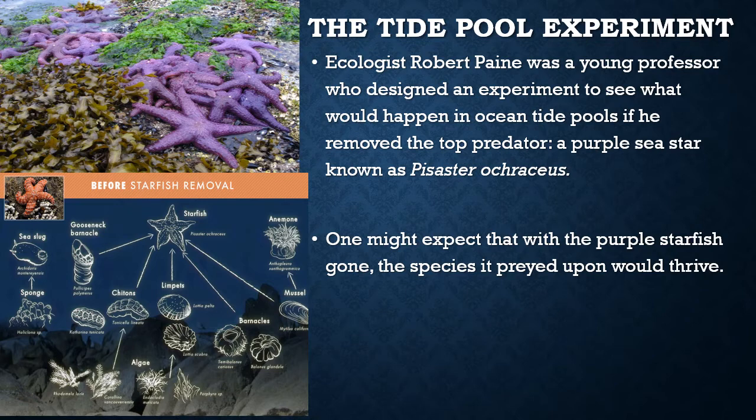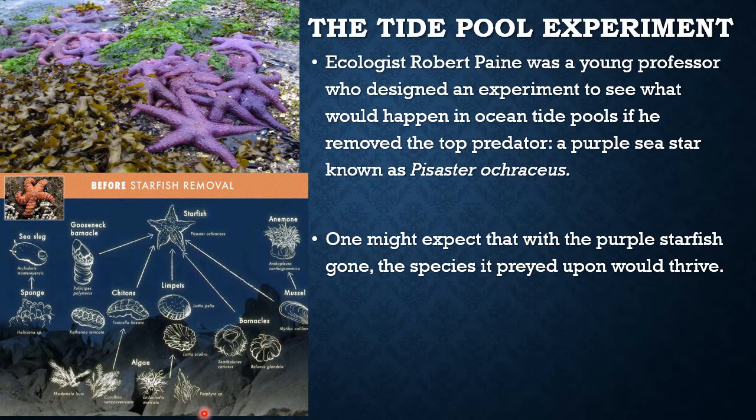So one might expect that, well, if you remove the top predator, then all the other prey species that it directly feeds on are all just going to increase. Big whoop. There's going to be more chitons and limpets and whatever, gooseneck barnacles. All these things are going to increase. And that would be a very, very